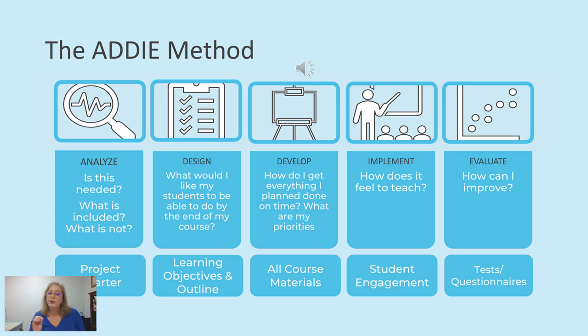Develop. So how do I get everything done? So you have your plan, and then you've got to go out and build your videos, build your slides, all this stuff. And that's going to be time consuming, and that's really the bulk of the time. The point of the analyze and design stage is to help you to spend less time in development because you've